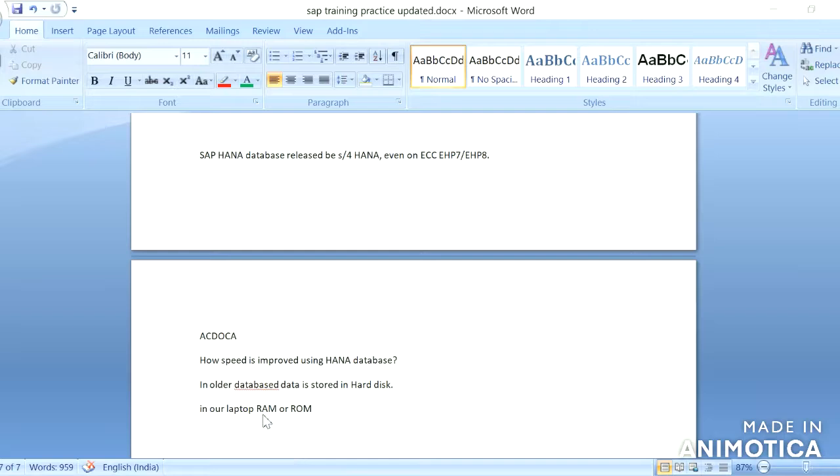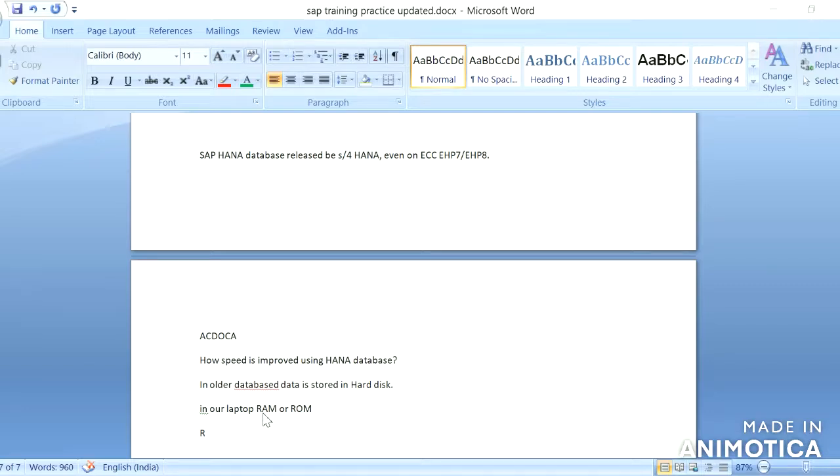As we have RAM and ROM in any of the electronic devices which we use for storing or reading the data, even SAP databases work on a similar kind of function like RAM and ROM.